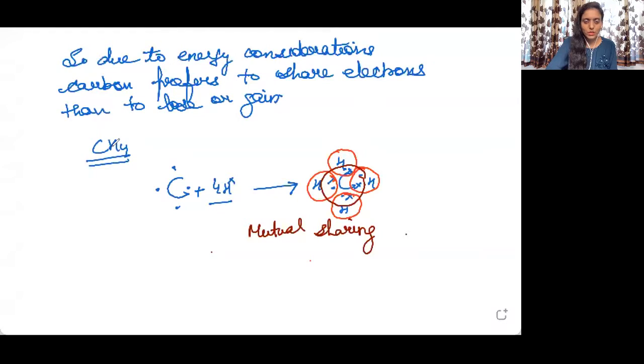Hello, welcome back. And I think you are clear about why carbon shows a tetravalency, not a divalency. It is because of the excitation of electrons. So it is good if you have understood. So let us move to the next topic now.